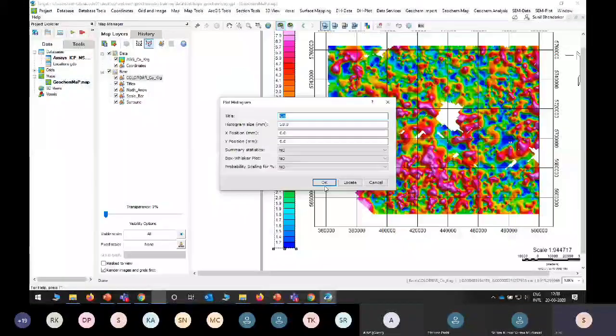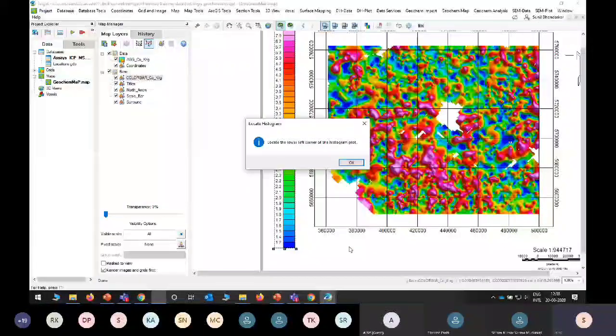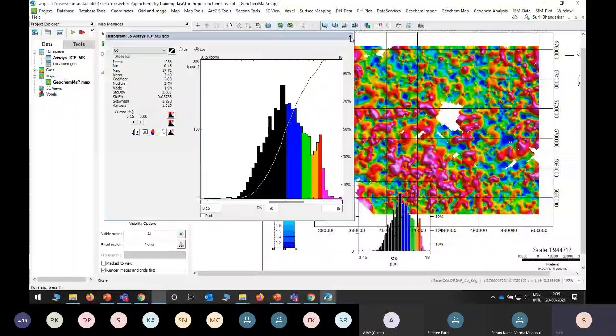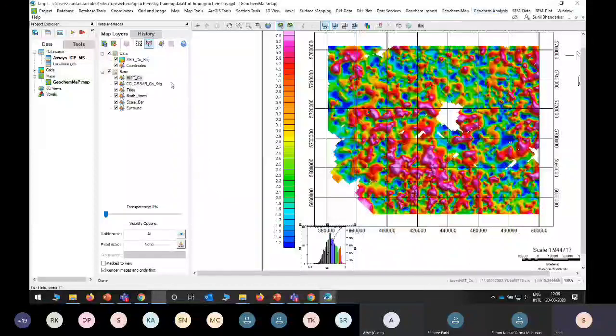Just locate it in the lower left corner. You can see that histogram here that you can move. So accordingly you can display the things.